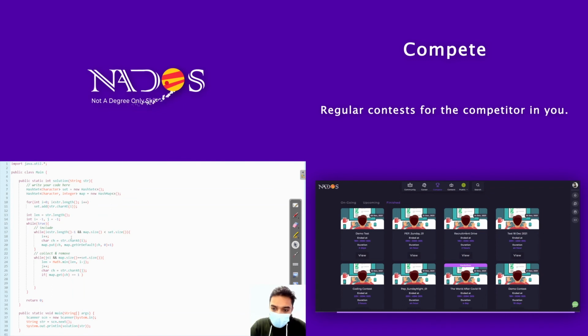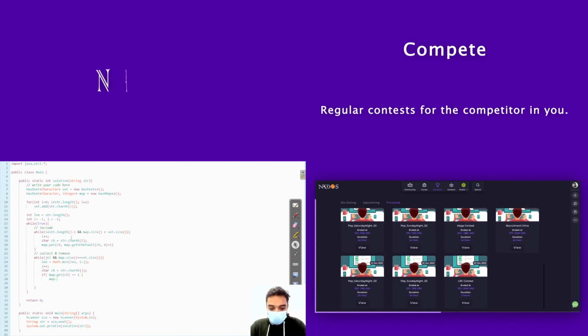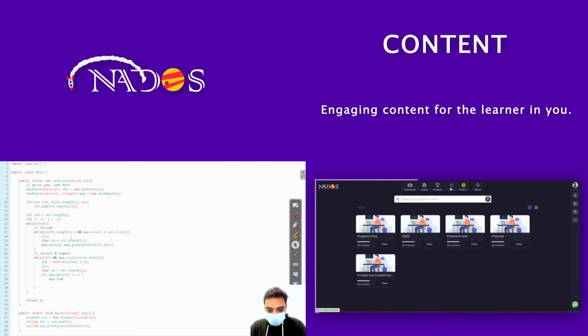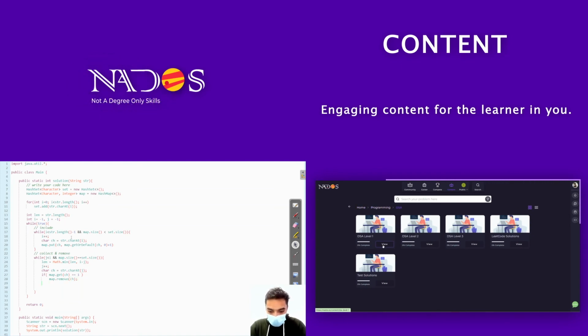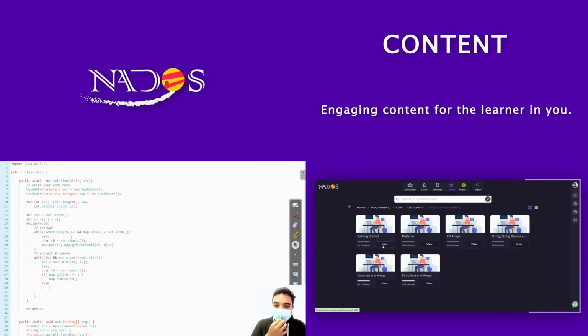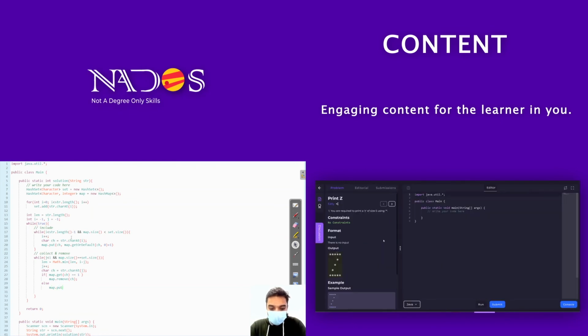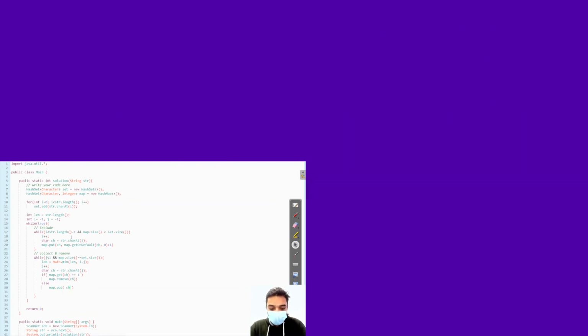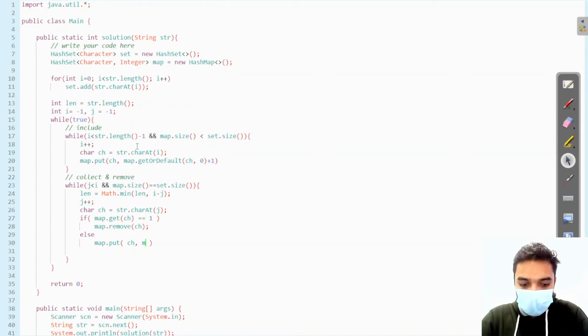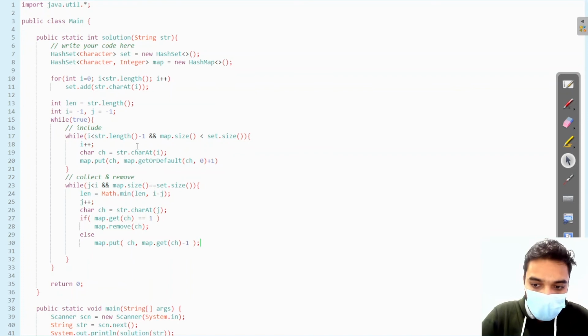If it's equal to 1, then I just have to remove that key. Else I have to update its value and decrease it. So map.put whatever the key is, and map.get its value minus one. Here I have decreased it.